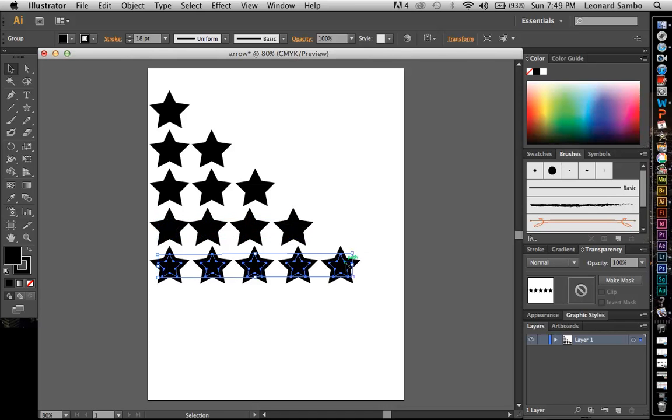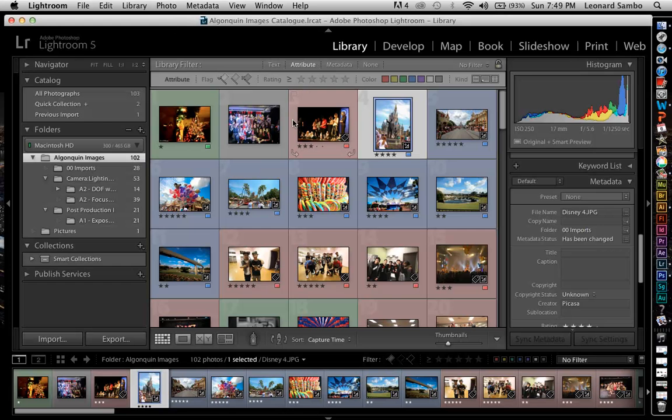5 star, this means the photo is exactly what I was looking for. This is what I want to use, and this is what I want to produce for my client and export in whatever digital form or physical form the client would have asked me for. Now there are different rating systems. So for example, if you want to just take a quick look at my library, if you click on the